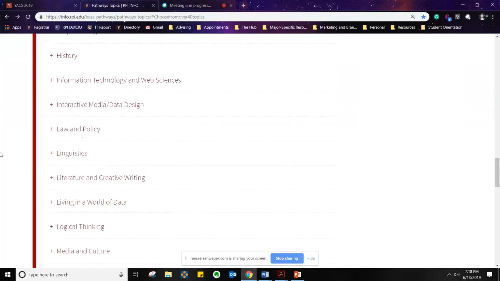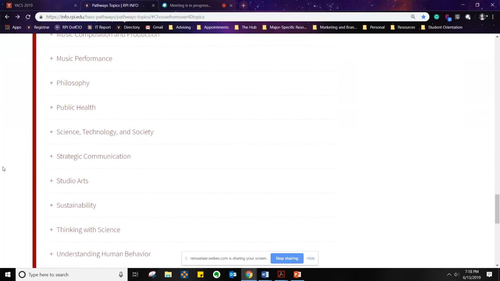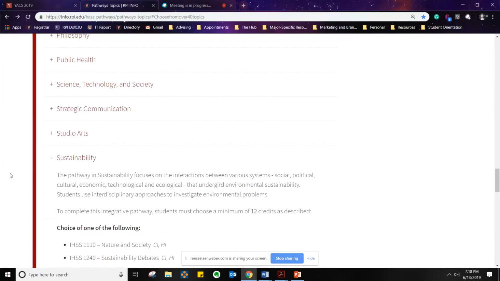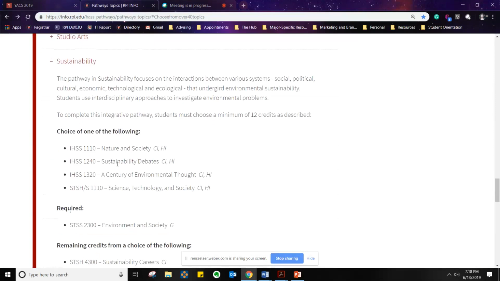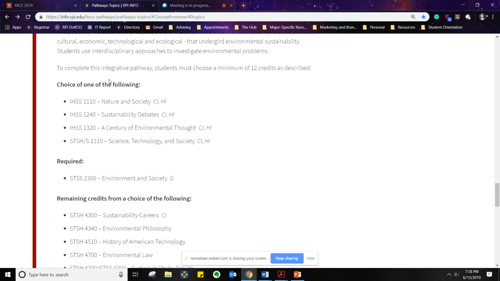We know that the sustainability major is pretty... the sustainability might be really interesting to a lot of you in civil and environmental. So this is how you can find that information. And if you look here, these are the first courses you need to take to start that pathway.